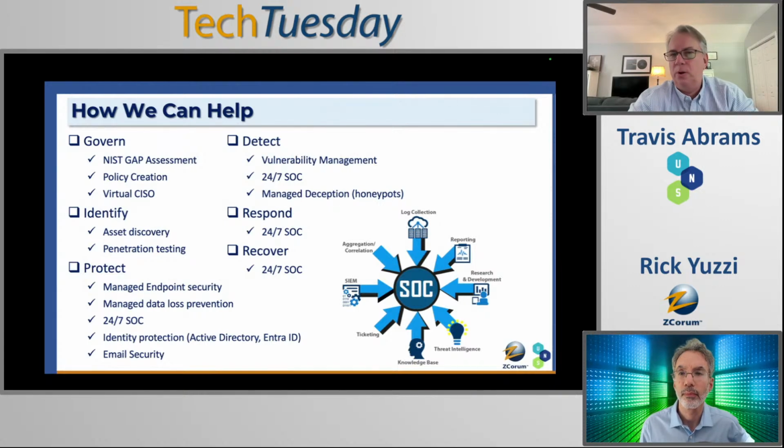And then on the respond and recover, again, our SOC team will help respond to any threats that are detected. We will take proactive action, assuming we have the access to do that. And then we'll contact the client either through the ticketing system, or if it's critical enough, we'll make a phone call, wake someone up, that type of thing with the call tree. But we will help respond. We're not going to just send a ticket and say, hey, we saw some attack happen over there. No, we're going to isolate the machine. We're going to kill the connection, whatever it takes to stop that attack the best possible.